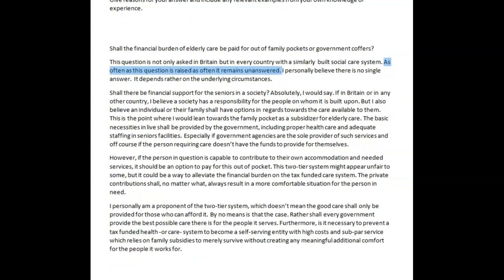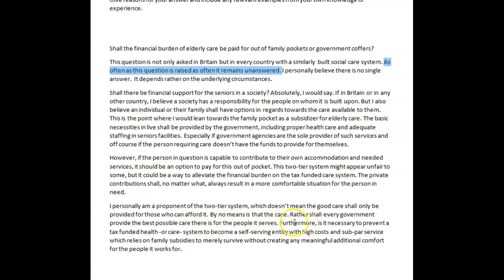I personally am a proponent of the two-tier system, which doesn't mean the good care shall only be provided for those who can't afford it. Again, take it easy a little bit with the "shall." By no means is that the case. Rather, every government must provide the best possible care there is for the people it serves. Furthermore,